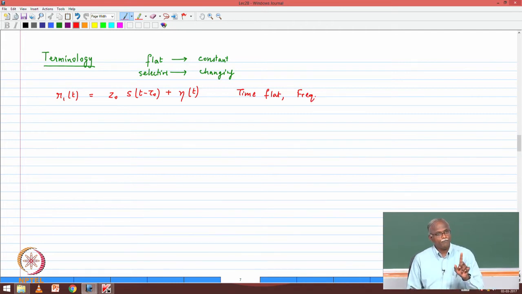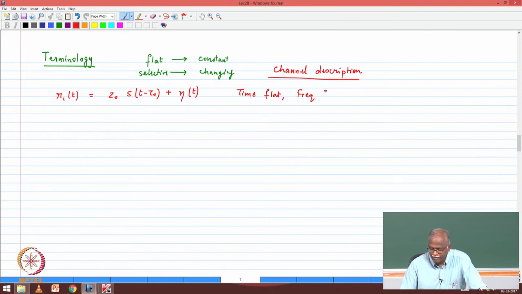If there is only one tap, frequency response is also flat. This is frequency flat as well. The channel, I'm not classifying the received signal, I'm classifying the channel. So, the channel description is what we are looking at. Such a channel, if you have a single tap that is not changing, you would describe it as time flat and frequency flat. Okay, you wouldn't call it a constant channel, because the usage is consistent with the terminology that